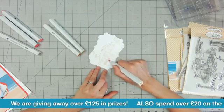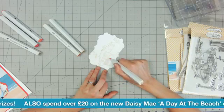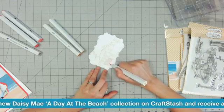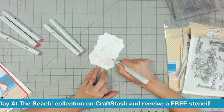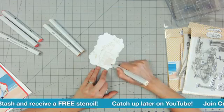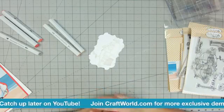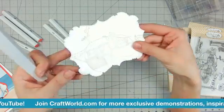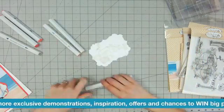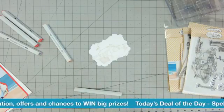Now don't worry about lines and strokes because they will all even themselves out. This will always look much darker until the alcohol within the ink has kind of evaporated and leaves the ink behind, and then you're left with a much paler colour. So it's sort of dampening the paper as you colour, but it lightens up. You can probably already start to see that lightening up. Okay, so it's a very, very pale colour. In fact, I probably need to warm up my screen a little bit because it's not showing very warm,